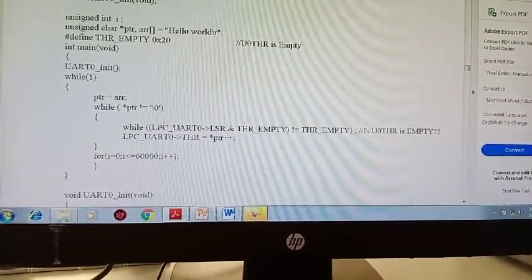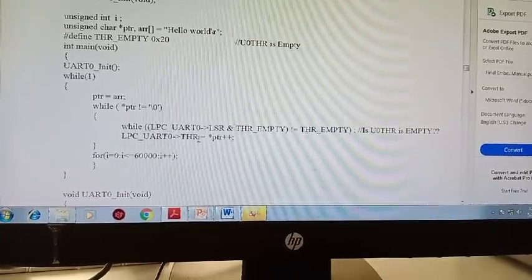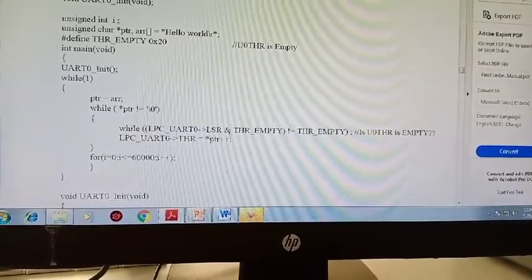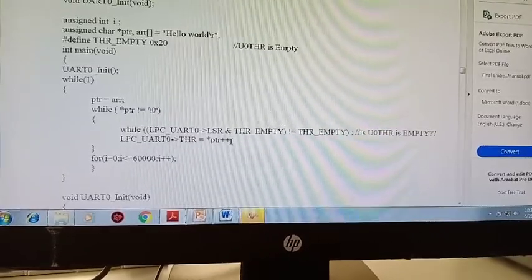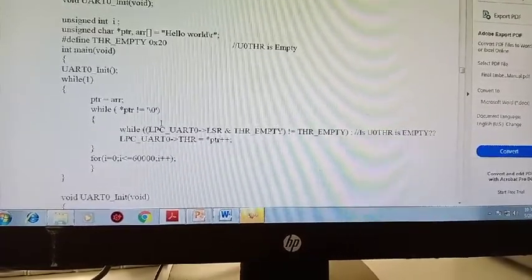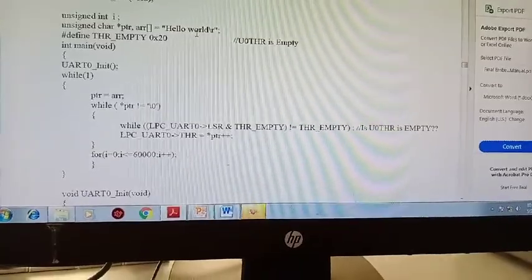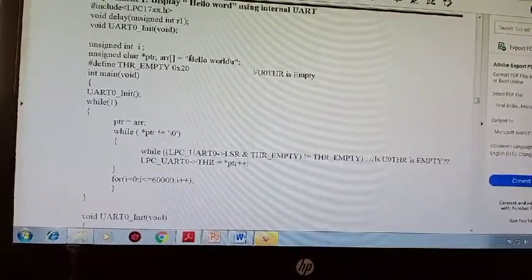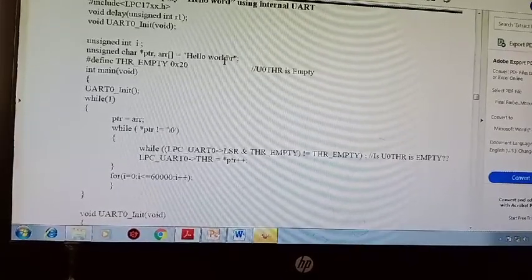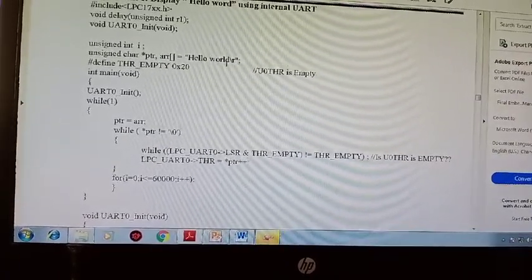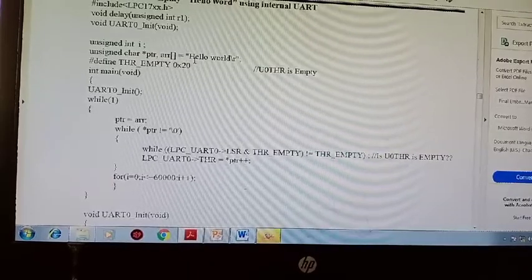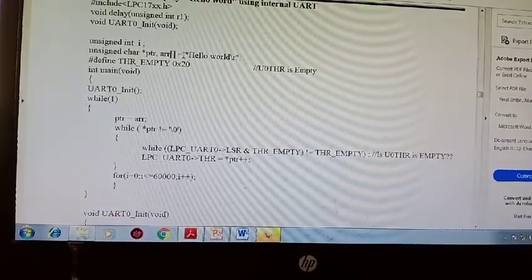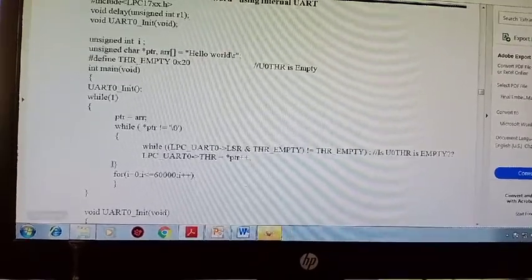You can see that your pointer is pointing to an array. Each time you transmit data, the pointer should be incremented until it becomes 0. Here the transmission will be done from the least significant bit. You are not going to transmit H first; first you transmit D, L, R, etc. Lastly you will be transmitting your H. The transmission is done from LSB to MSB.